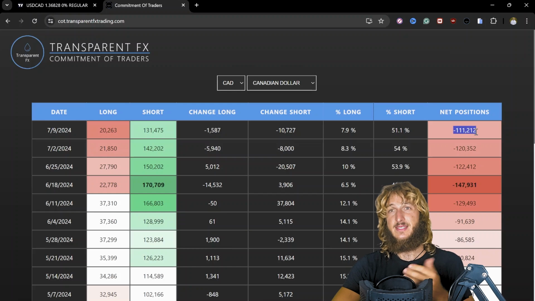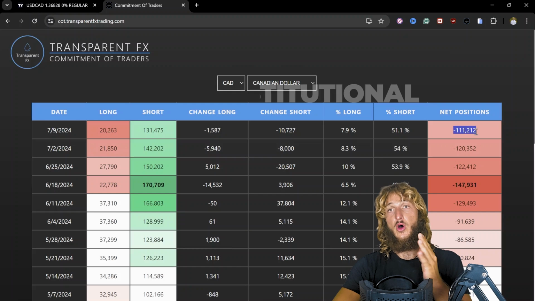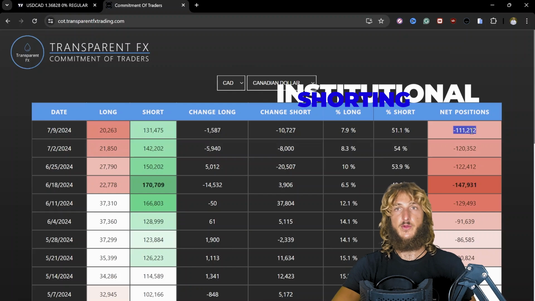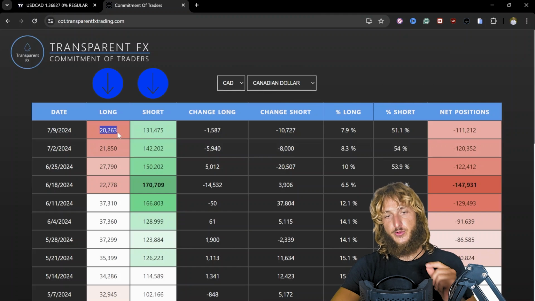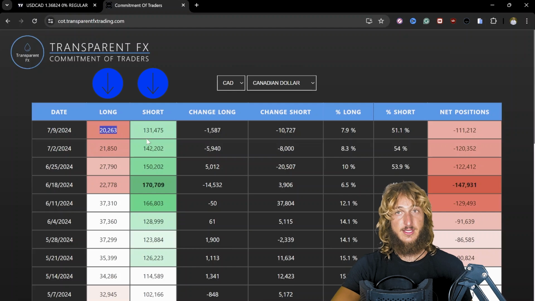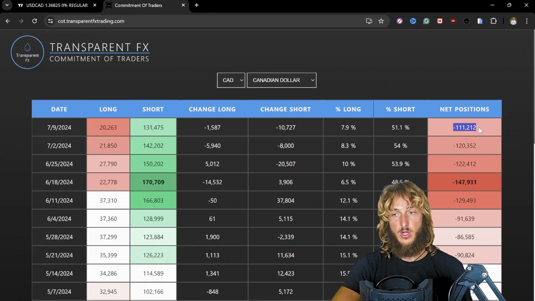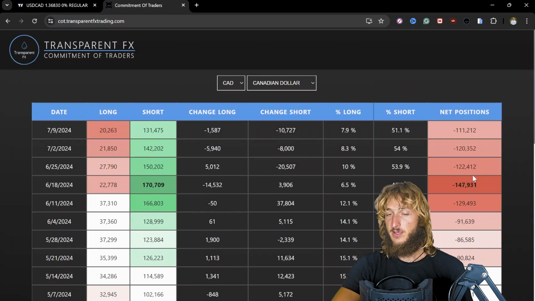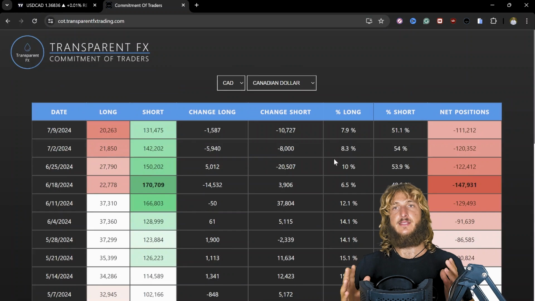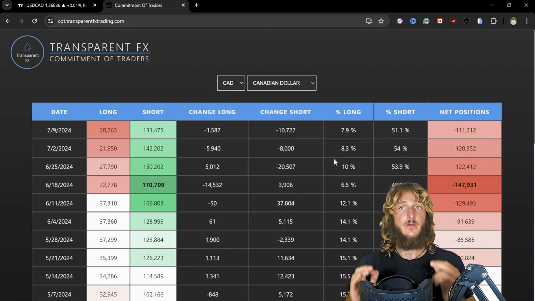What this means is that there is a huge amount of shorts compared to longs from an institutional perspective, which currently is sitting at 131K shorts compared to only 20.2K longs, bringing the net positioning so low compared to the quite positive minus 800 that we had here. So what this shows is that institutions in the long run have been moving aggressively to the